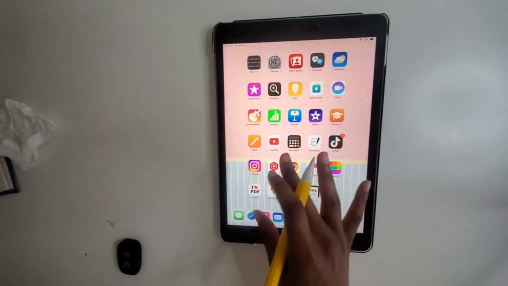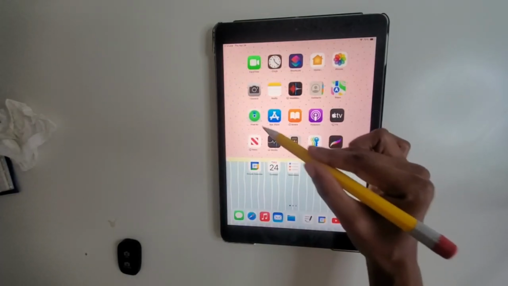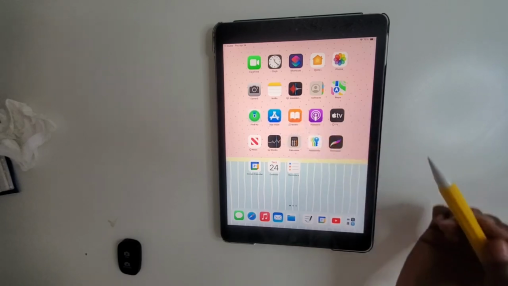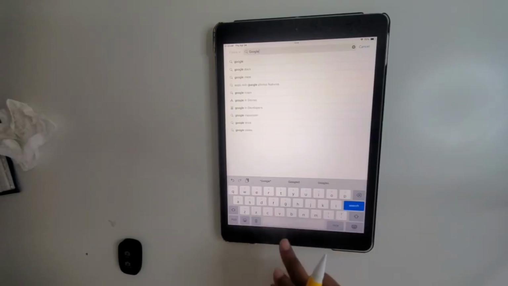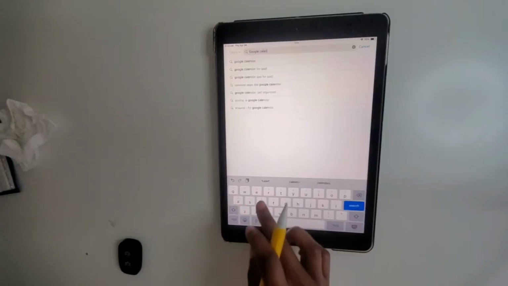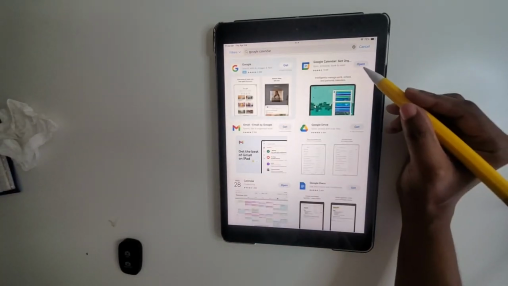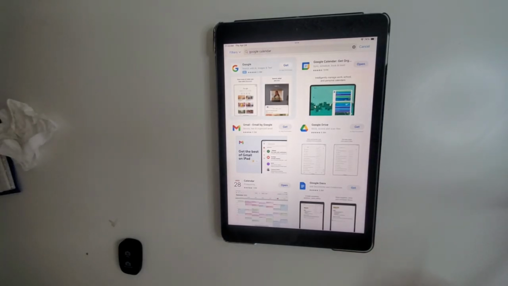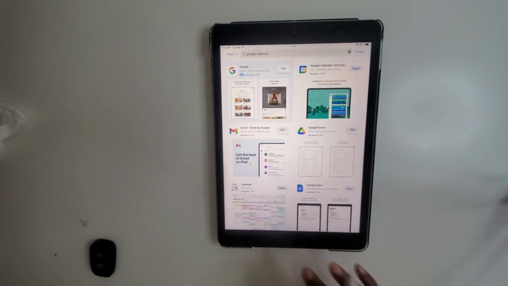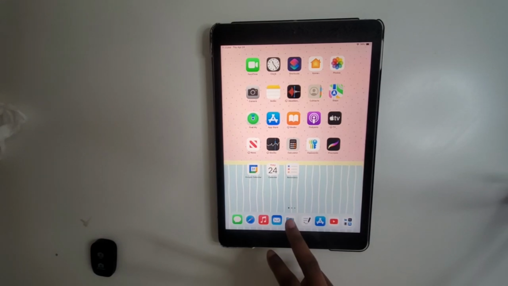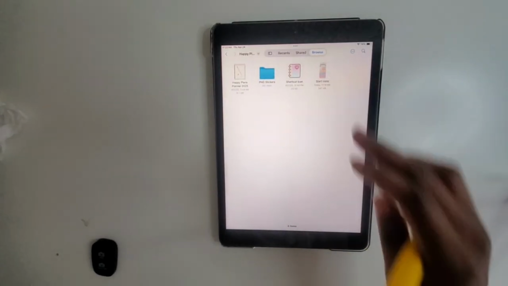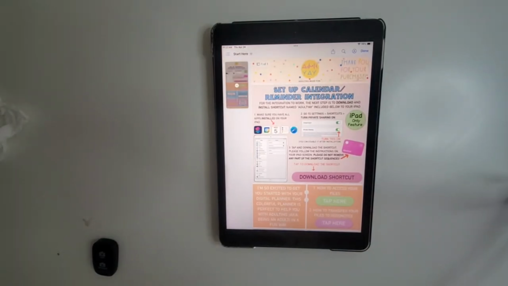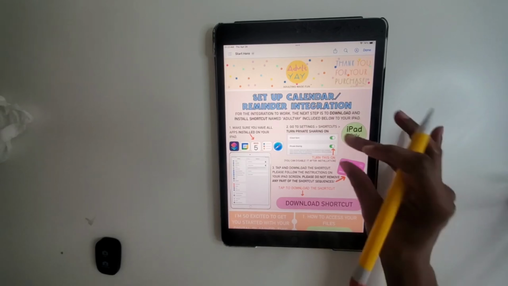Okay, now if you want to use Google Calendar, you'll go to the App Store, type in Google Calendar. It's right here, and mine says open because I already have it installed, but yours will say download, and you will download it. Tap the Files folder, and tap back on the Start Here file,